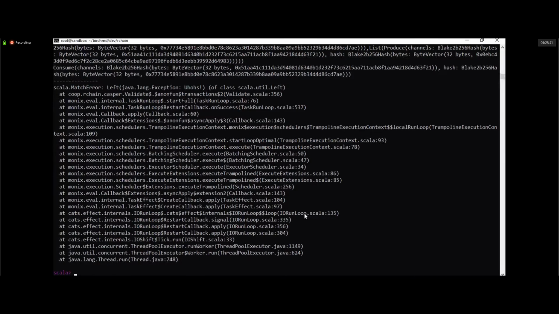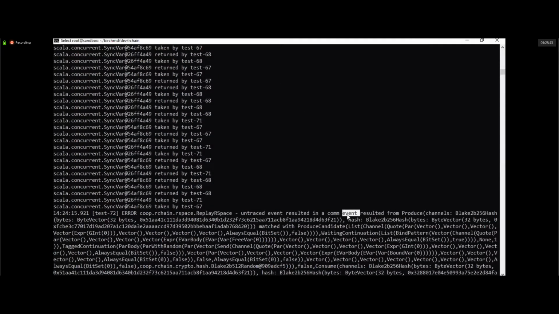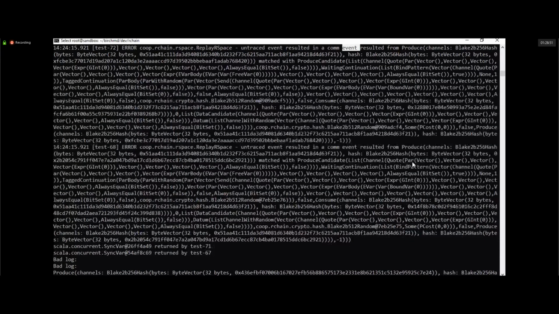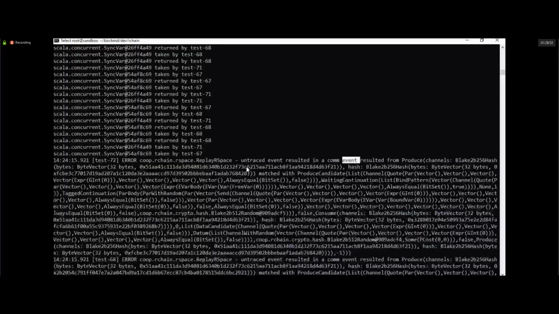And did both of them get it? No, we only see it once. The reason we only see it once is because only one of them could have possibly gotten it, right? Because the other was not deploying anything that could possibly produce it. Okay, very good. But yes, the one node still does encounter the error, which is good information to have. No, that's great. And so you're deploying the Rholang term to that node, right?